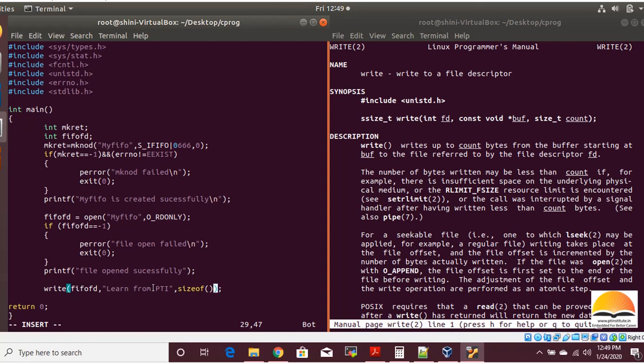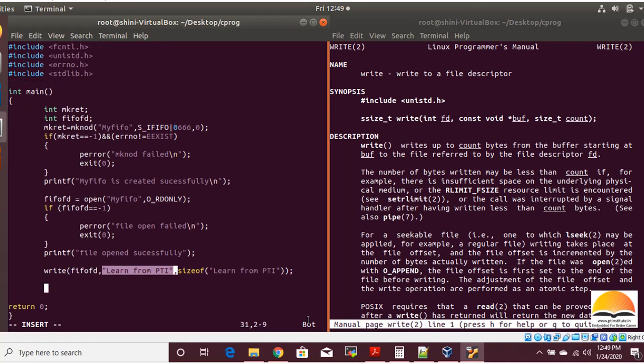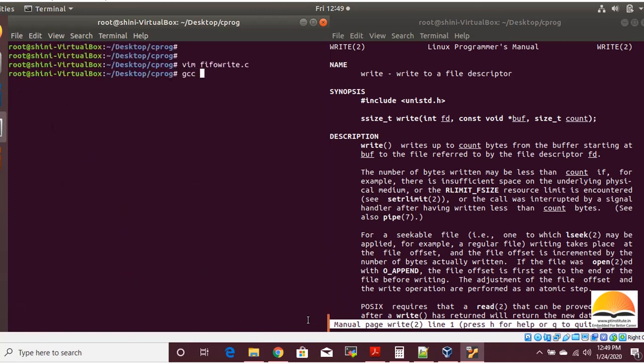So we are using sizeof, and the same message we can copy paste, or we can write the number also. Correct. So this will write the data, and after that we can close the file descriptor.